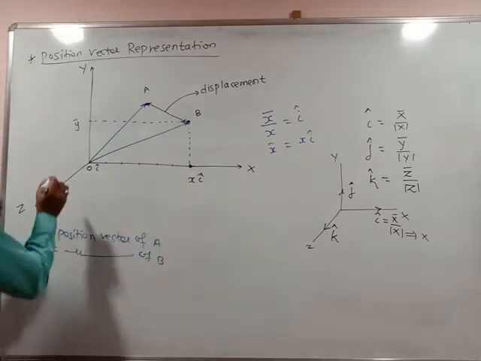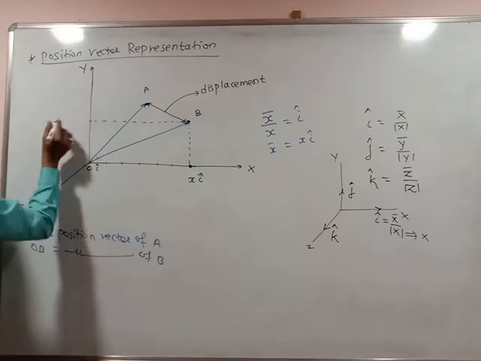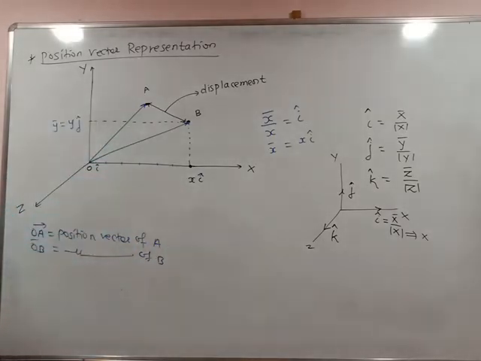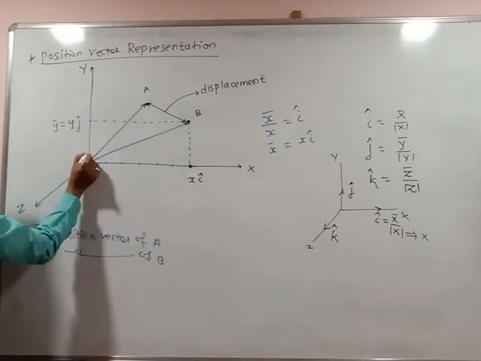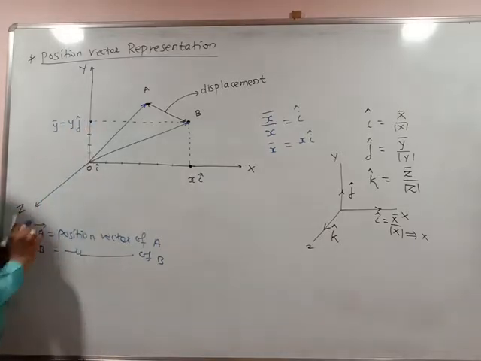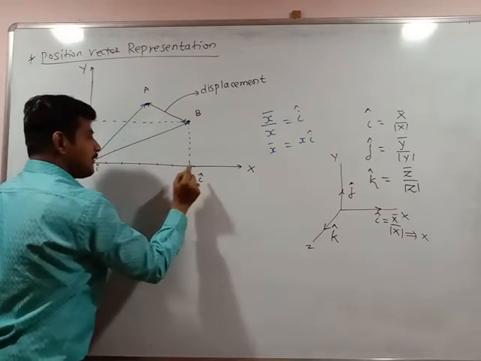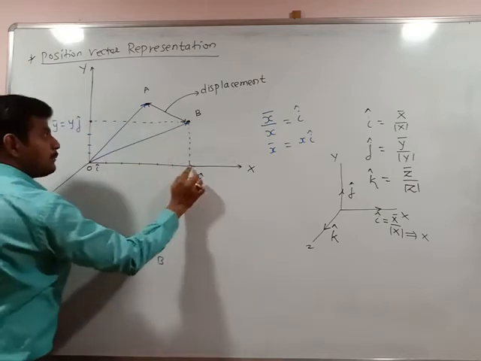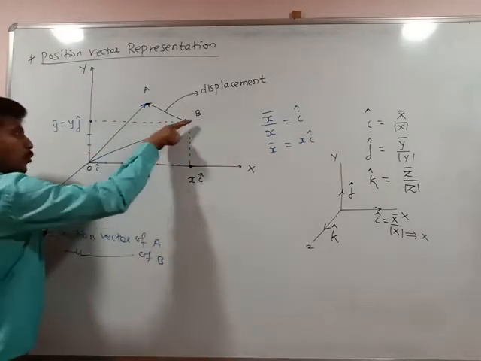Okay? Here at this point I can write y bar is equal to y into z cap. Y bar is equal to, see, x bar upon x, that is y bar upon y, it is z. So here z, 1 times z, 2 times z, 3 times z, here y times z. This will be the position. Instead of going directly O to B, first I have to go to x up to this distance, that is xi, then I have to move towards vertical distance, that is a yz. So xi plus yz, then I can move to this point B instead of direct position from O to B.